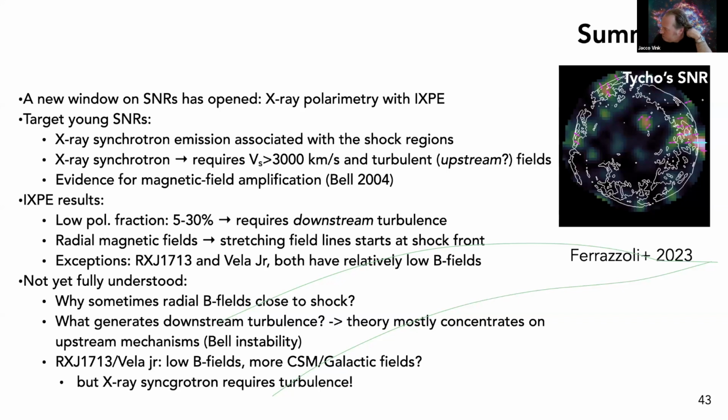There is now actually a paper in the making, and hopefully that will appear soon, where we had another look at it, and there we are a little bit more confident that we find individual regions at the forward shock. And it's consistent with the few things that I showed. So there it is more like 15% polarized.